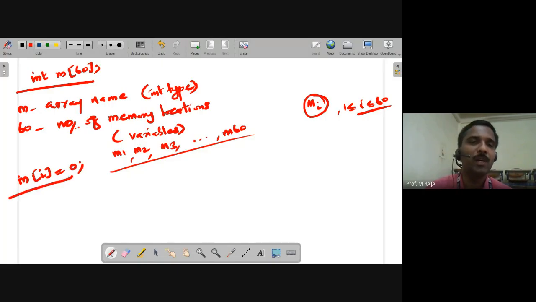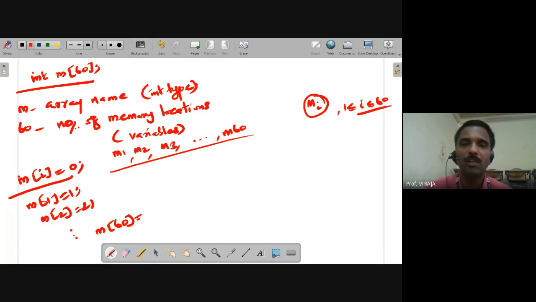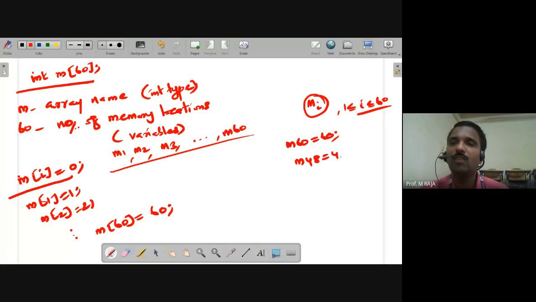So if we write m[i] is equal to 0, that means m[1] is equal to 1, m[2] is equal to 2, etc. We can access the 60th variable. For example, I write m[60] is equal to 60. So instead of writing m60 is equal to 60, m48 is equal to 48, it is more convenient to represent